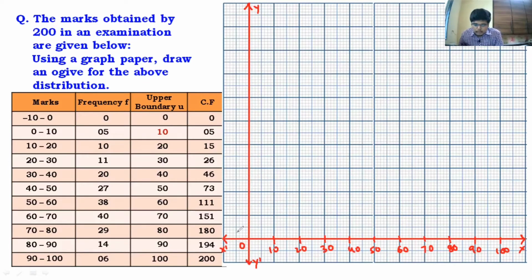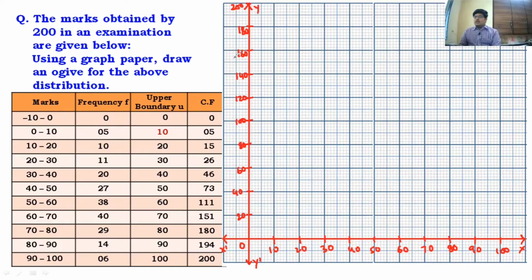So what we will do is we will take 20, 40, 60. We'll take 2 centimeter as 20 units. 20, 40, 60, 80, 100, 120, 140, 160, 180, and just at the top I make it 200.